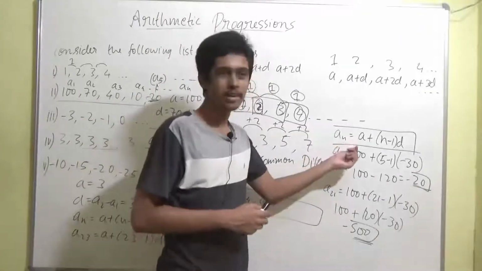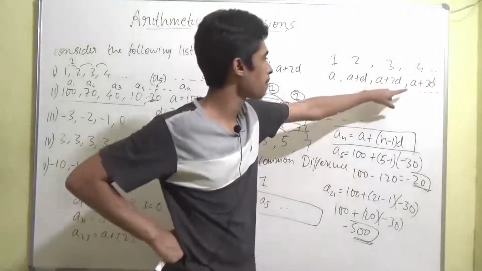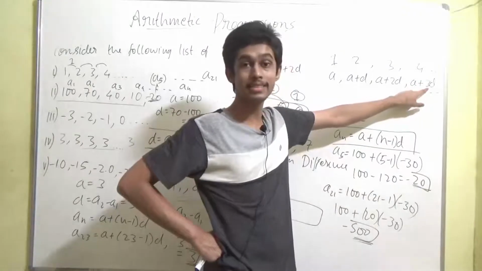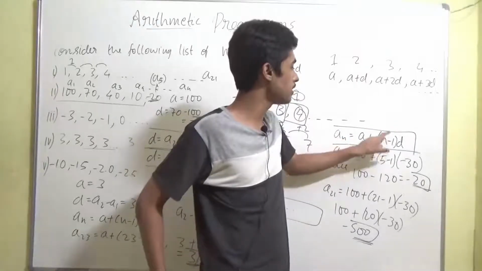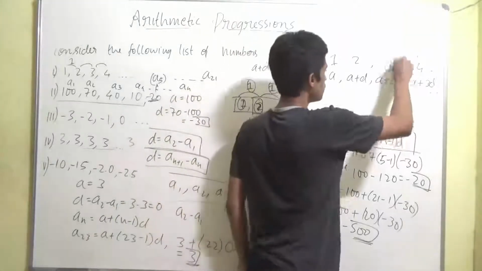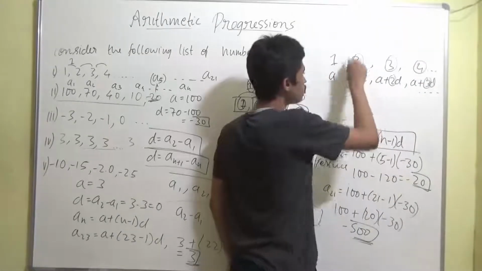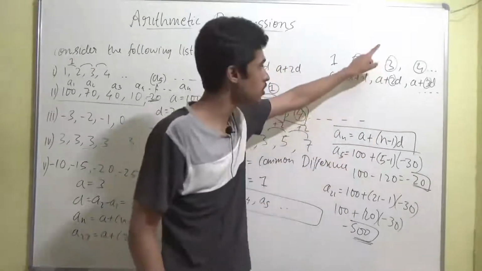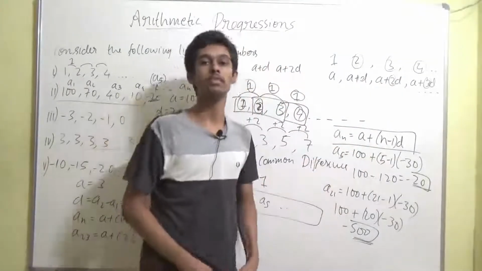There's actually a small derivation of this formula, but I'll tell you how we got this formula, guys. If you see the fourth term here, this is 3, which is 1 less than 4. So if you want the nth term, the number next to d should be n minus 1. Here it is 3, so it is 3 minus 1. Here it is 4, so it is 4 minus 1. Here it is 2, so it is 2 minus 1, that is 1. Only d is there. So here it is n, so you have to get n minus 1. That's how this formula is derived, guys.